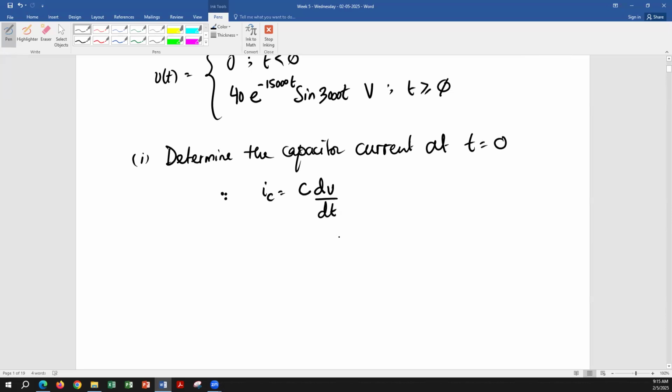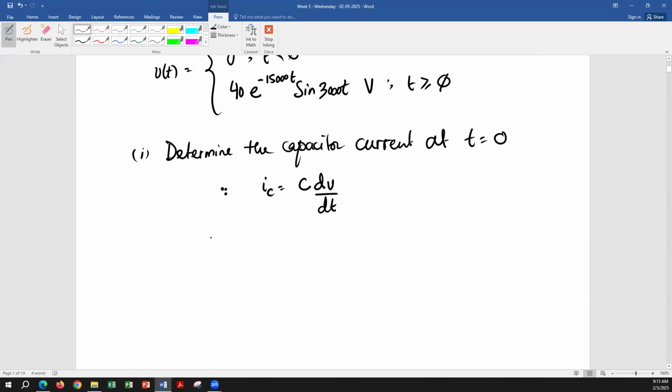So we're going to calculate the value of IC for t greater or equal to 0, and then we will plug in the value 0 to figure out what is the value of current at that instant of time. So IC is equal to C d over dt